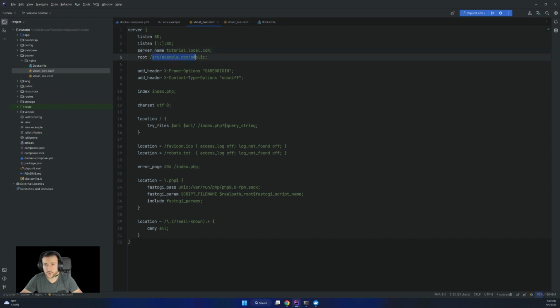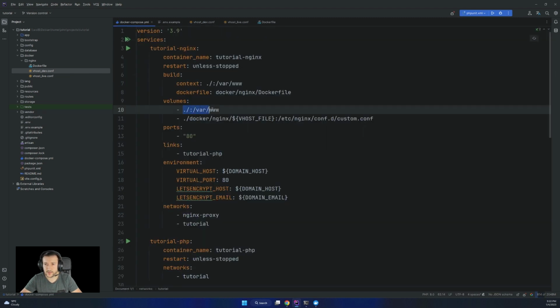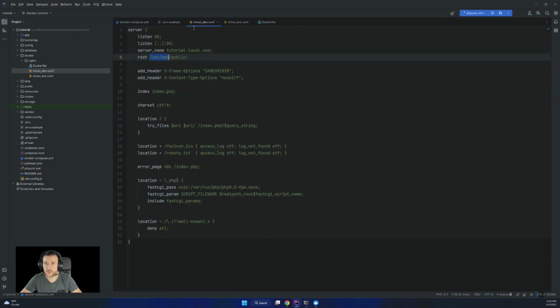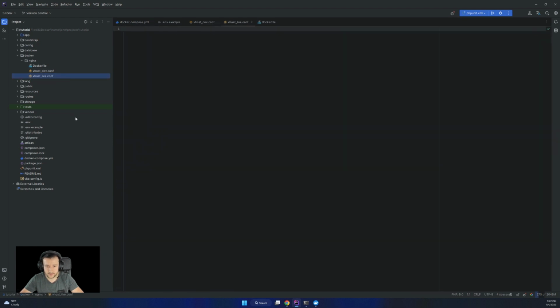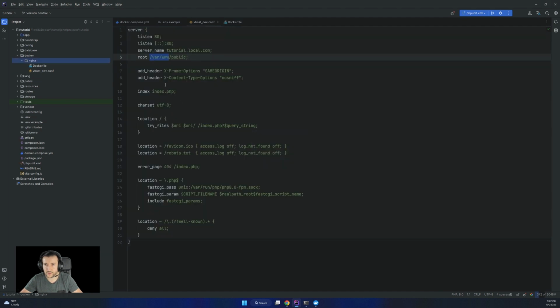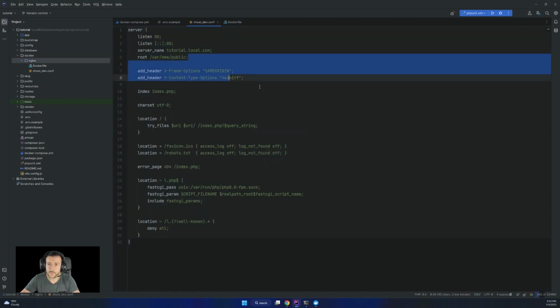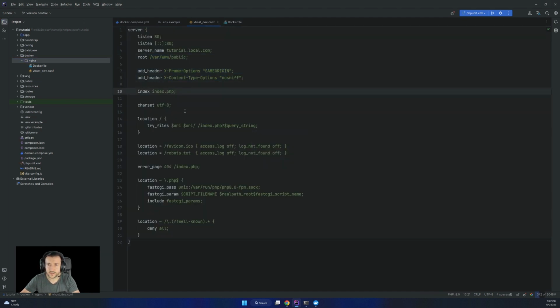The root, as you might see, is public for each Laravel application, and everything we put in here is mapped to /var/www. So we have /var/www/public. Let me delete this live thing because we don't need some declarations: charset, try_files, location for robots, for 404, and then for PHP the fastcgi_pass.